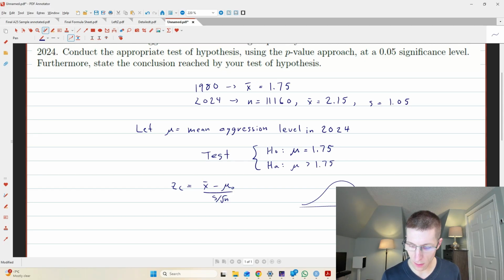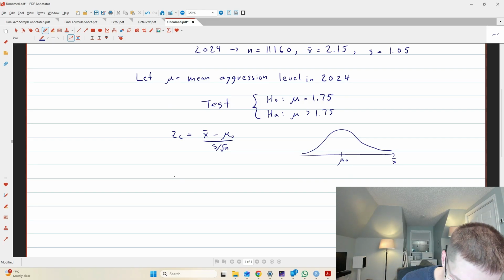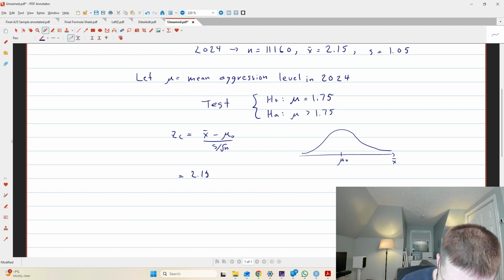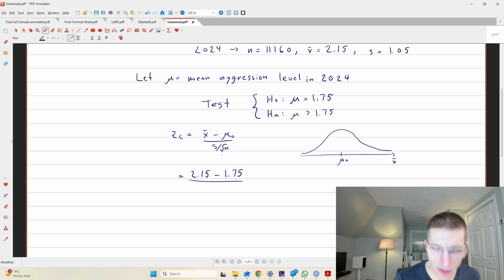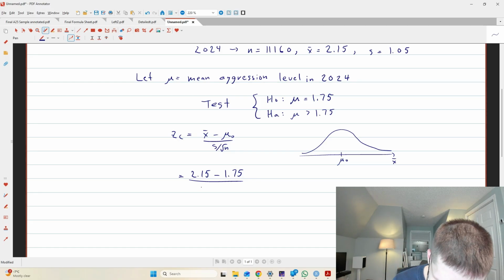On that distribution, what would be the Z score of the measured test statistic? So here we've got 2.15. So we want to know what's the Z score of that. So 2.15 minus the hypothesized mean, 1.75. It's what we compare against. So we're basically in inferential statistics trying to see how unlikely is this measurement. And then S was 1.05